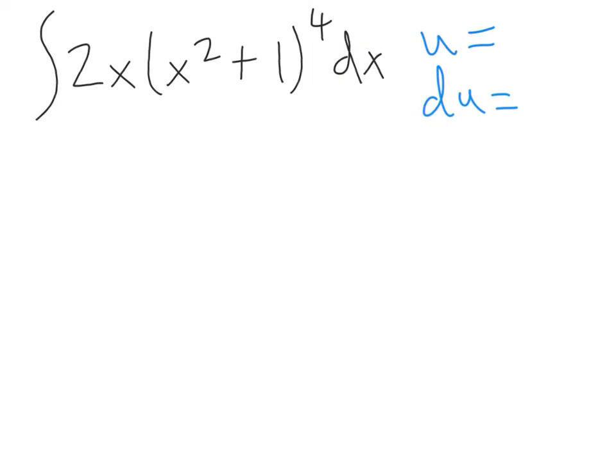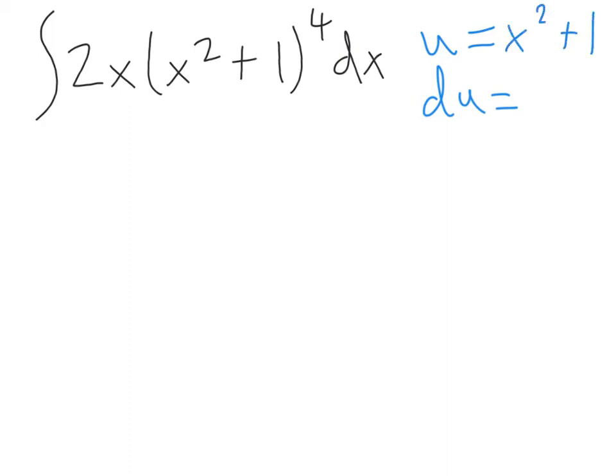So here we're going to try to do a substitution, and remember you want to pick your u as the thing that's in the complicated spot. Right now what's complicating this is the fourth power, and the fact that we don't just have x to the fourth. If this was x to the fourth we'd be fine, but we have x squared plus 1, and that's making it a little bit more complicated. So we're going to try to choose this as our u, and if we choose right, our du should show up in the problem. So if you want to choose x squared plus 1 as u,